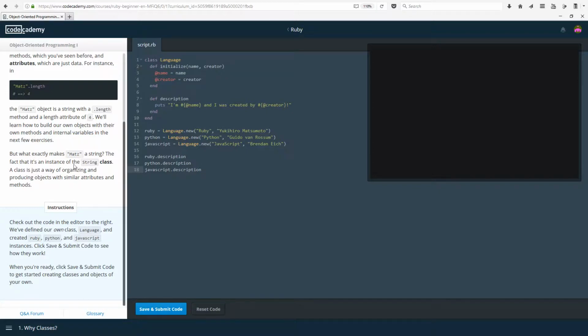But what exactly makes "maths" a string? The fact that it's an instance of the string class. So a class is just a way of organizing and producing objects with similar attributes and methods. So "maths" is a string because it's in the string class. You can make your own class called sheep. And something is going to be a sheep if it's